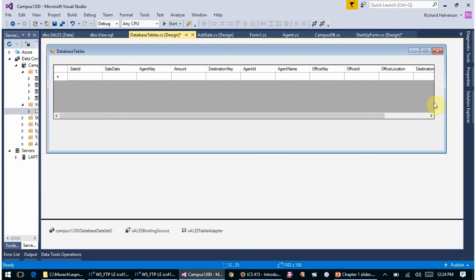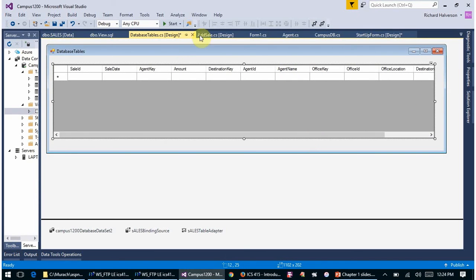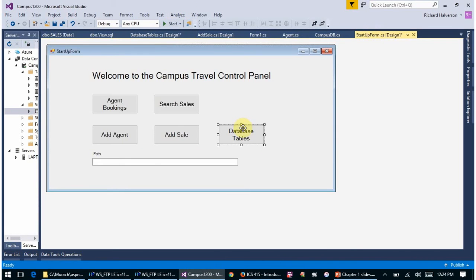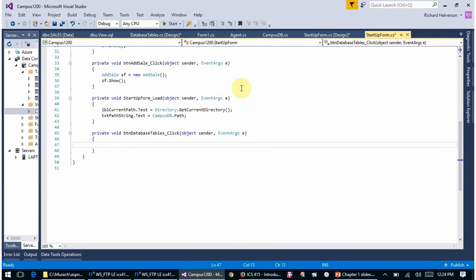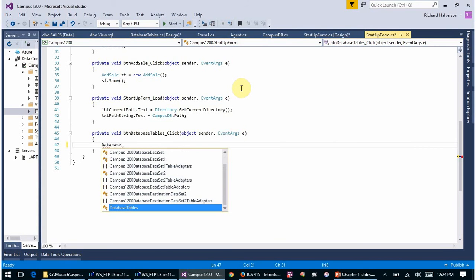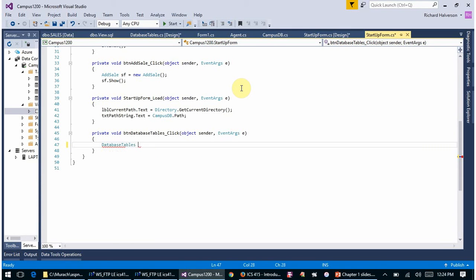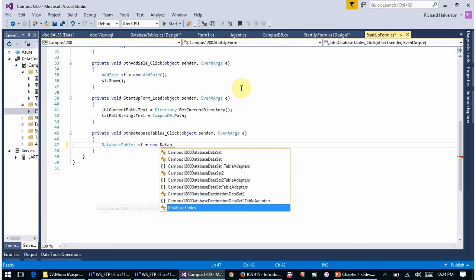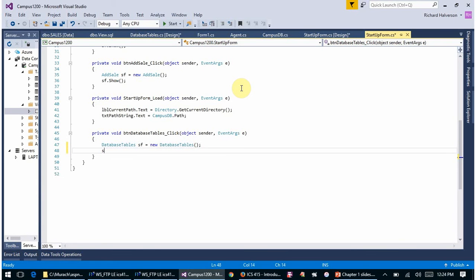Well, we'll see how this works out. Okay, now I got to make it so I start a form. When I double click on this, it goes to this new database tables. Tables show form equals new database tables, sf.show. And so now when I run this,